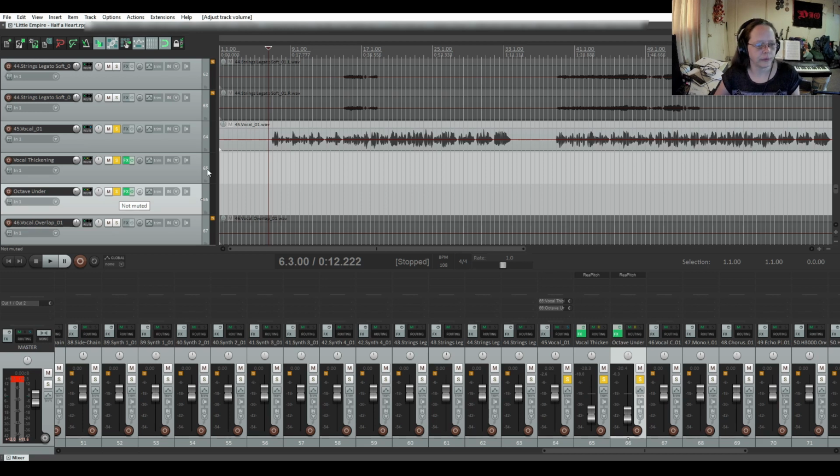And anything you do to the vocal like EQs or compression will affect the thickening track and the octave track, because as it's being sent from the actual vocal, put an EQ, compressor or whatever, it will transfer to these other tracks because it's being sent. And then if you have put effects or whatever on it, you'll probably need to readjust the balances of them. So that is basically it. And together,